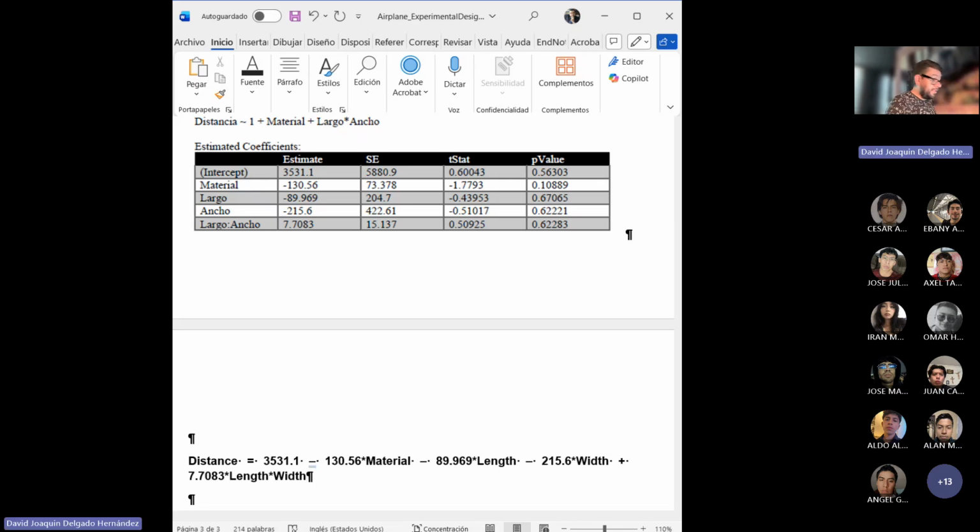Okay, so this will be the regression model